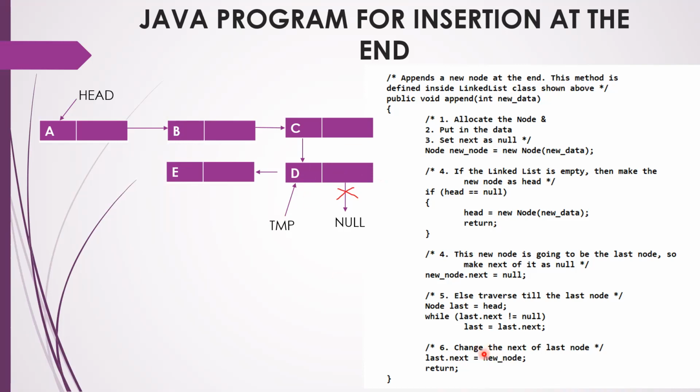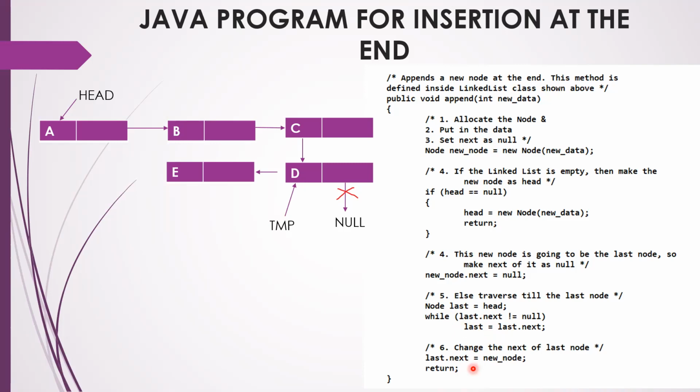So in order to make that, we just write new_node is equal to last.next. So this last.next is actually in the last variable. Yes, that is stored here. While last.next is not equal to null, till that time you're storing something in the last variable, in order to preserve the loss of data, okay?